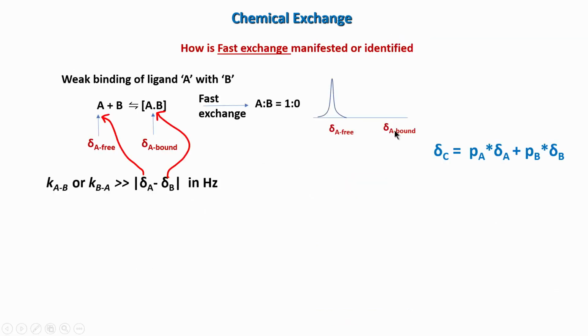Okay. So, in this fast exchange scenario, let us start from assuming that no protein is there. So, the ligand is only present. So, it is a free form. Now, the whole thing can also be assumed from the protein point of view. So, I can assume that A is a protein and B is a ligand. It does not matter because I will then be monitoring the peaks of protein and not ligand.